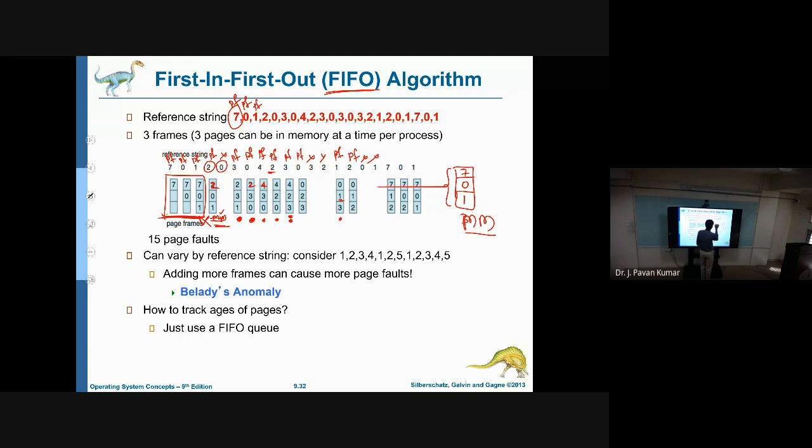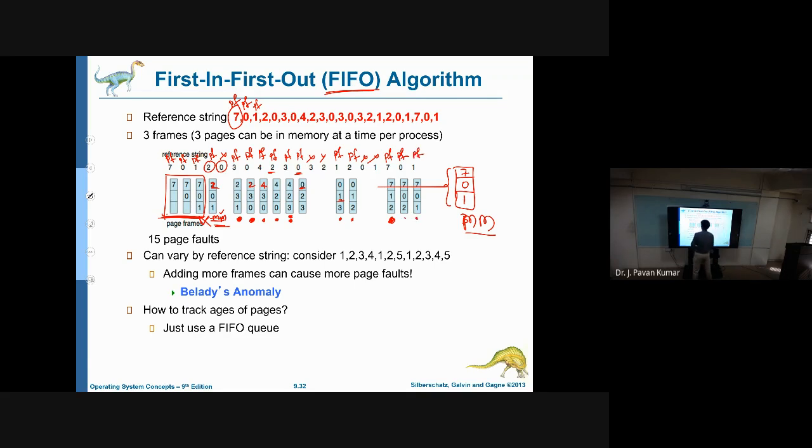Next, 7, again page fault will occur. Now we are having 7, so out of 0, 1, 2, which one we have brought first? 2, isn't it? 2 or 0? Yeah, 0 we have brought first. From this time, 0 is present in the main memory. So 0 we have to select to replace. So this will be the state. So here page fault will occur. Now 0 we want. 0 is not present in the main memory. So page fault will occur. Now 1 we want. 1 is also not present in the main memory. Again page fault will occur.